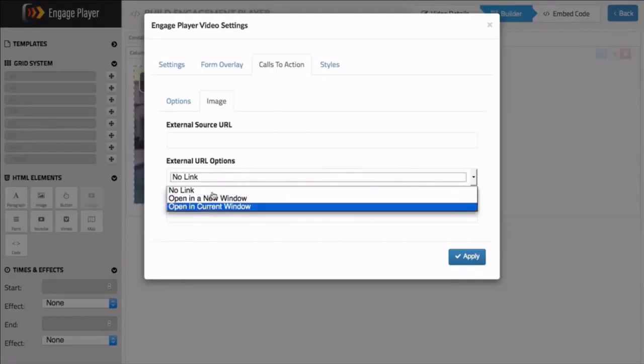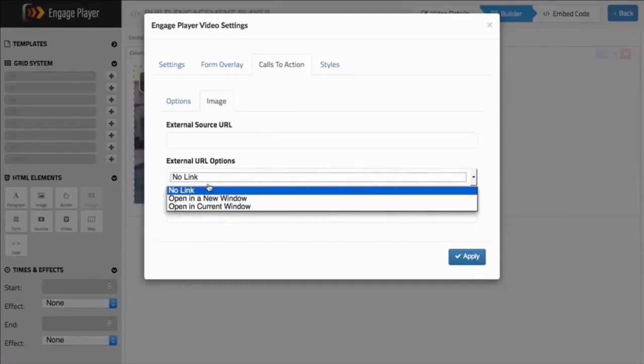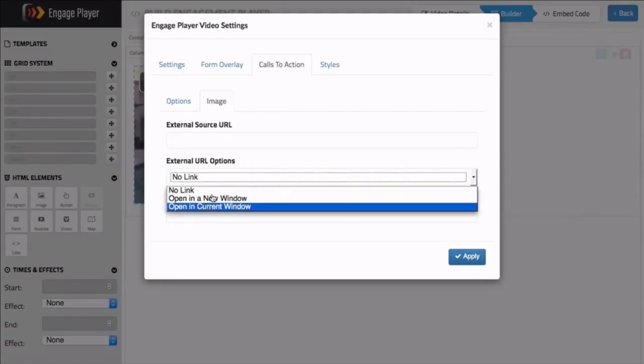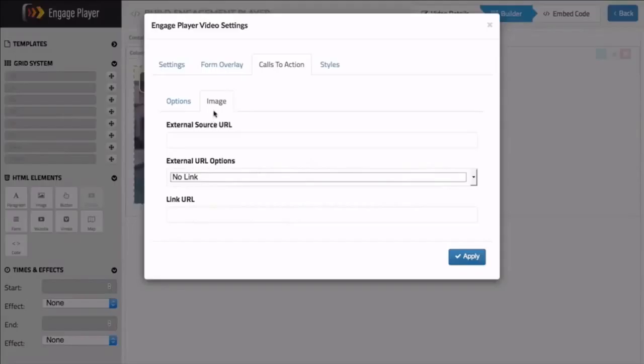You'll have external for the click if you want it to take them somewhere. Maybe it's an ad, whatever it may be. Open in the new window or the current window, and then where you'd like it to go. Now we also have